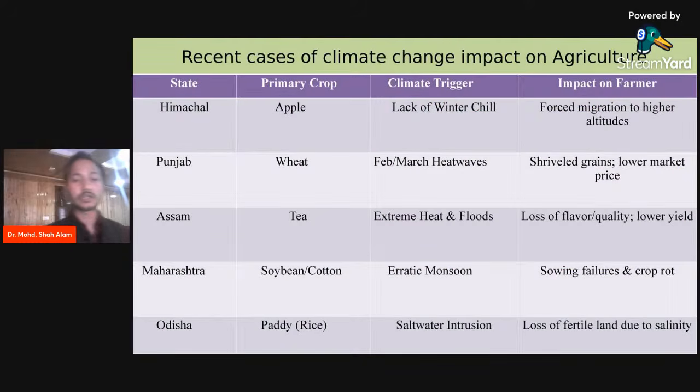Now, we will go to the recent cases of climate change impact on agriculture. See, I have prepared these five different state cases to compare. In the first one, we see Himachal Pradesh. Apple is the primary crop in Himachal Pradesh, and due to lack of winter chilling hours, farmers are forced to migrate to higher altitude. It is seen in Solan district, in Mandi district, or in Kinnaur district,